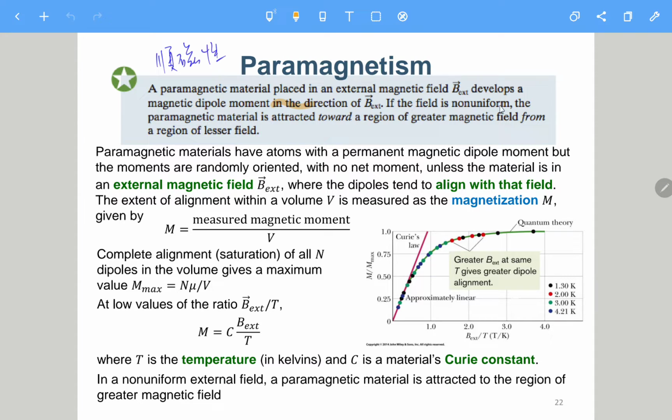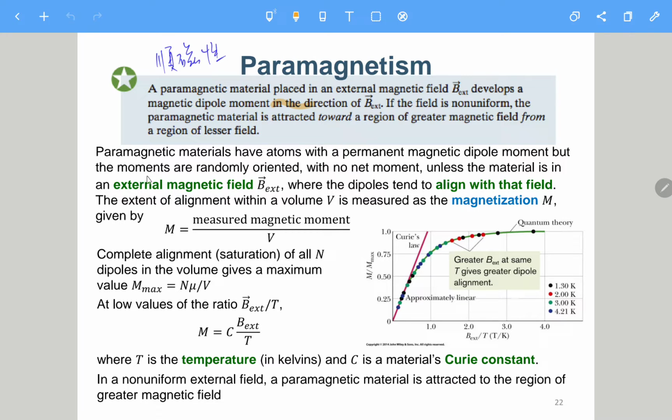So if the field is non-uniform, the paramagnetic material is attracted toward a region of greater magnetic field from a region of lesser field. So if you like, it will just follow the direction of the external B field. Okay, so below it says the paramagnetic materials have atoms with a permanent magnetic dipole moment,